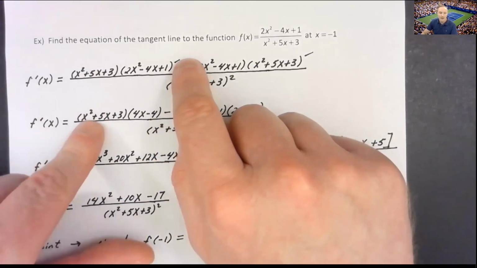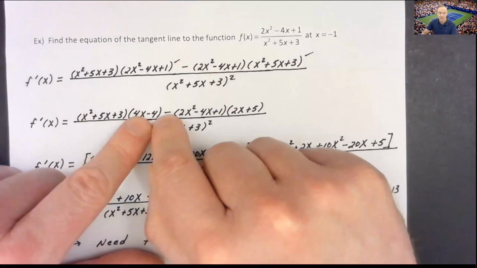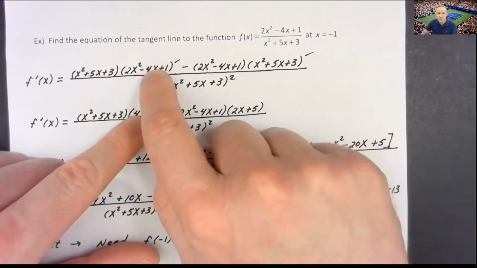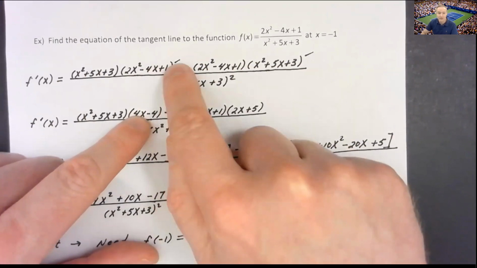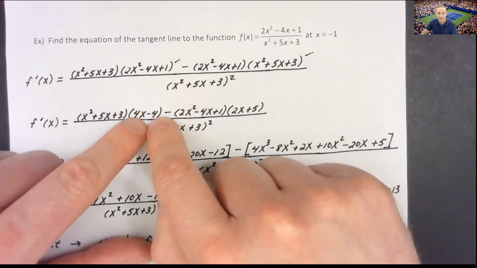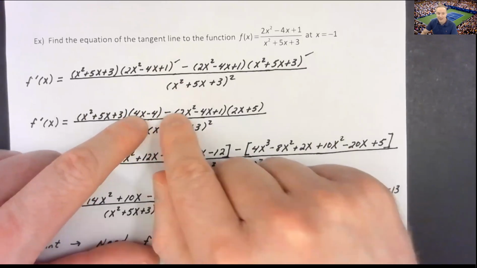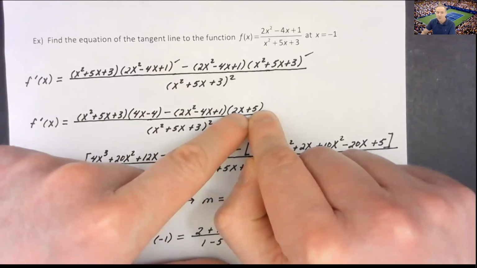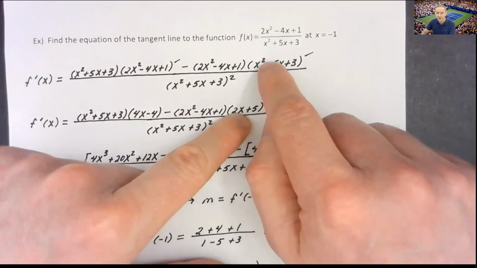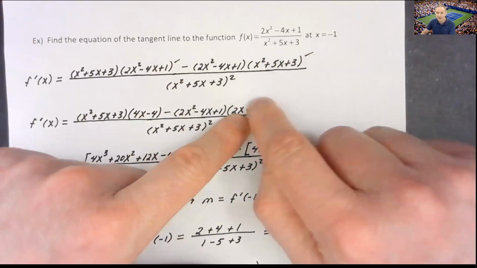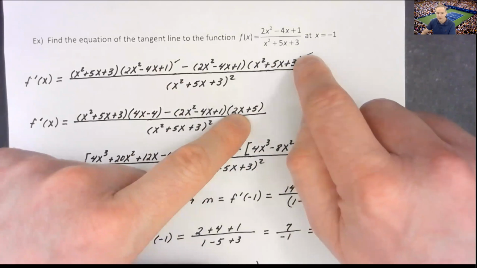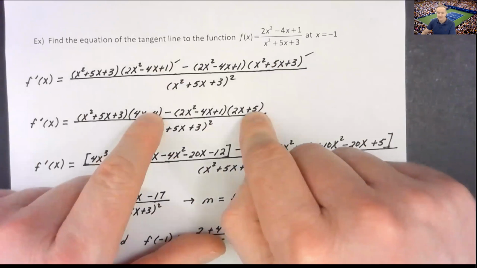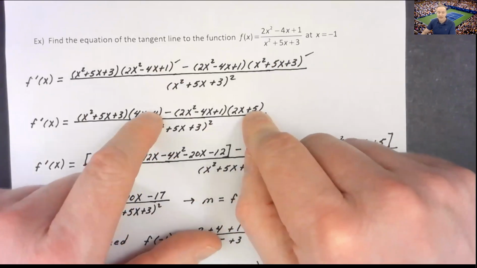Yep. I have my denominator times the derivative of the numerator. Well, derivative of that numerator, that's going to be 4x to the first minus 4. And I know derivative of any constant is 0, so I just get 4x minus 4 for that derivative of the numerator, minus the term in my numerator times the derivative of the denominator. Well, the derivative of the denominator, derivative of x squared is 2x, derivative of 5x is 5, and of course, again, derivative of any constant, 0. So I have my derivatives correctly taken at this point, but now it becomes a big algebra problem,